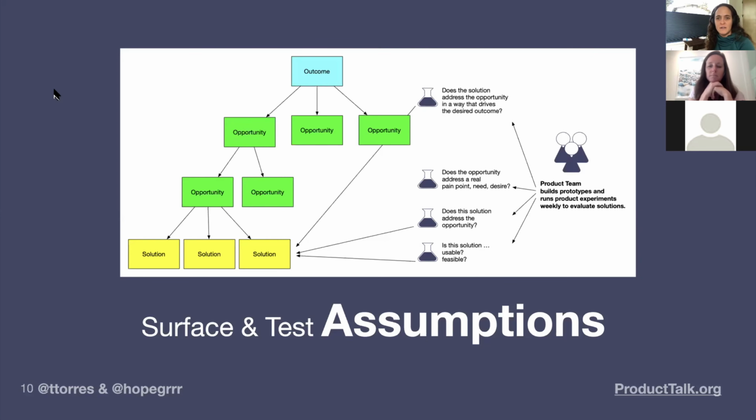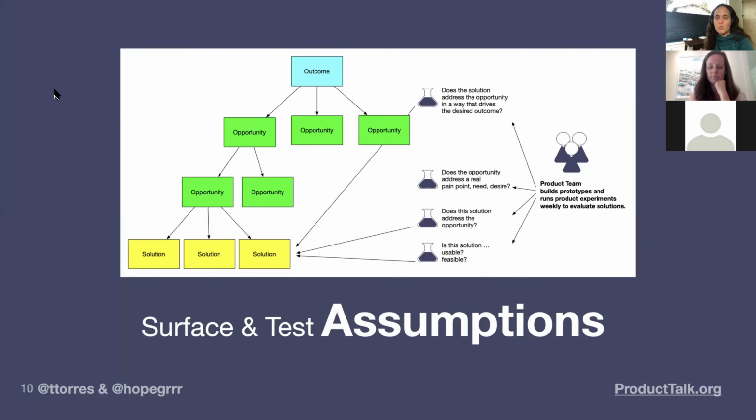A/B testing is great as a measurement tool, but it's not the best discovery tool unless we're looking at early-stage, 404 or smokescreen type A/B testing. It's great for marketing and landing pages, obviously. But really, we want to get out of this trap of testing the whole idea, whether through A/B testing or taking a couple of weeks to prototype the whole idea and then running a participant through the whole prototype.